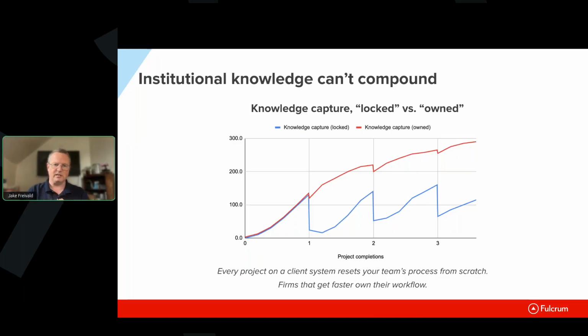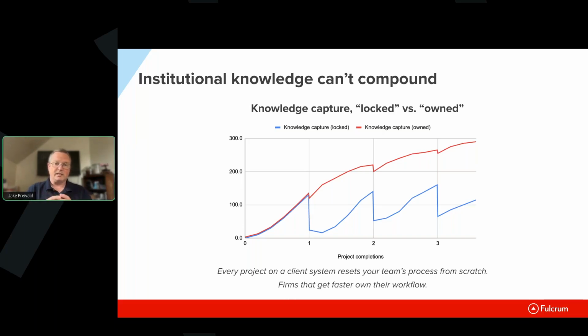That means the field team needs to learn what the client software entails. And for that first project, there's no setup necessarily because they're using the client software to do it. But every time they have a new project starting up, they've got to learn what the parameters are of the new systems that they're using. And as a result, they lose a lot of capability. And the institutional knowledge, the ability to understand why you should do one thing versus another and how these systems work together and who to turn to when something goes wrong, all of that information is lost. And there's a big reset at the beginning of any new project.